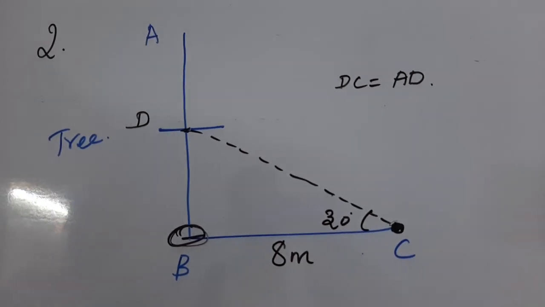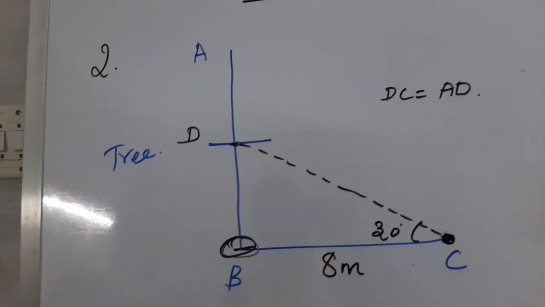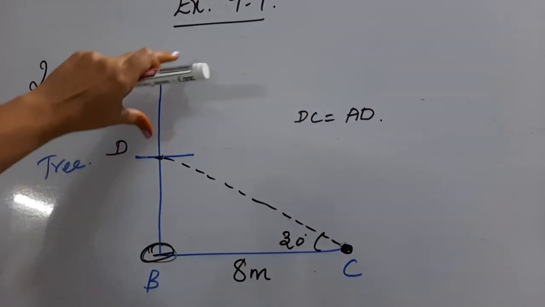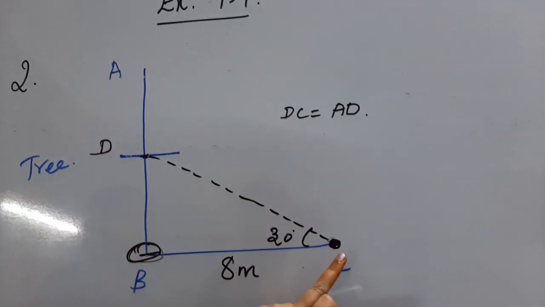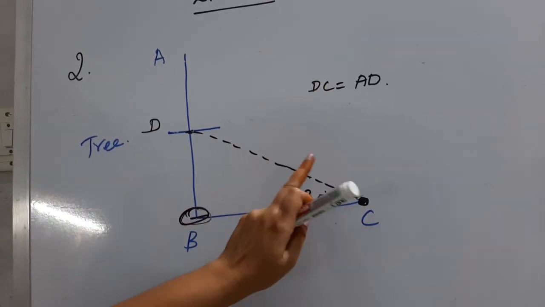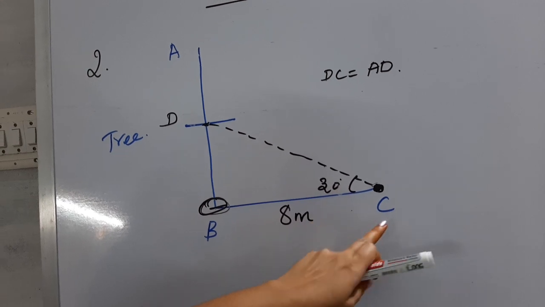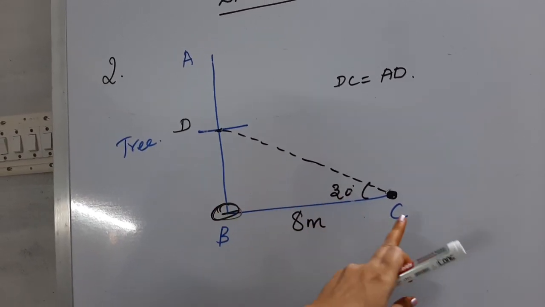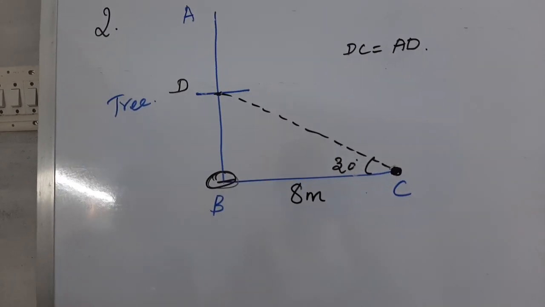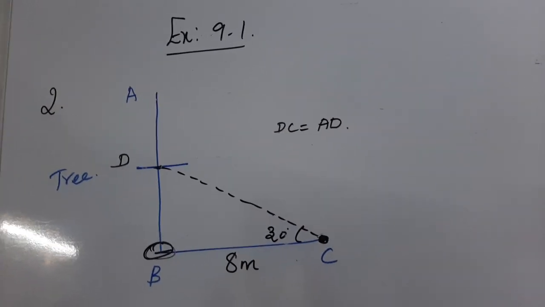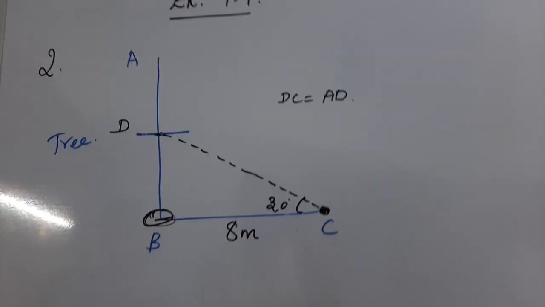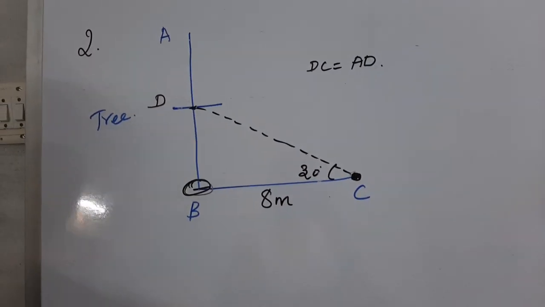So what is given in this sum? The tree AB is standing. When the storm comes, it has broken at the point D and AD has bent and the top A is touching the ground at the point C, so that AD is equal to DC, where it makes an angle 30 degree with the ground, and the distance between the bottom of the tree and the top of the tree is 8 meters. It is given. And I told you in the previous sum itself, in a triangle, if we know one angle and one measure of a side, it is enough for us to calculate both the height as well as the distance. Now here what do we want to find?